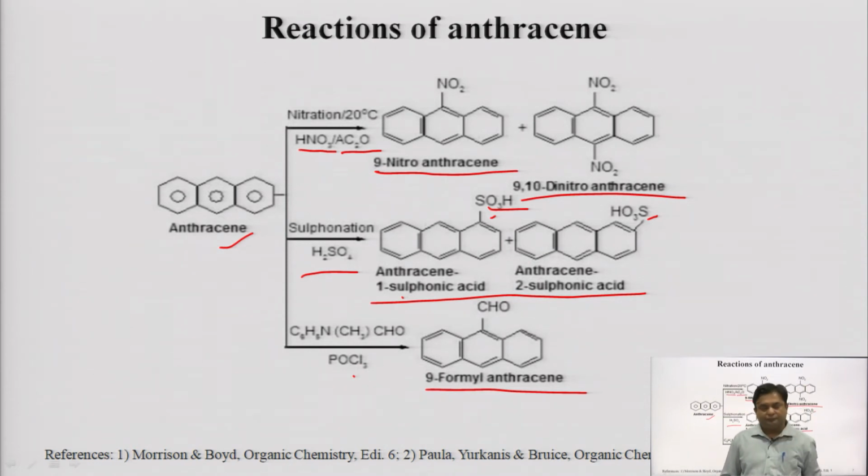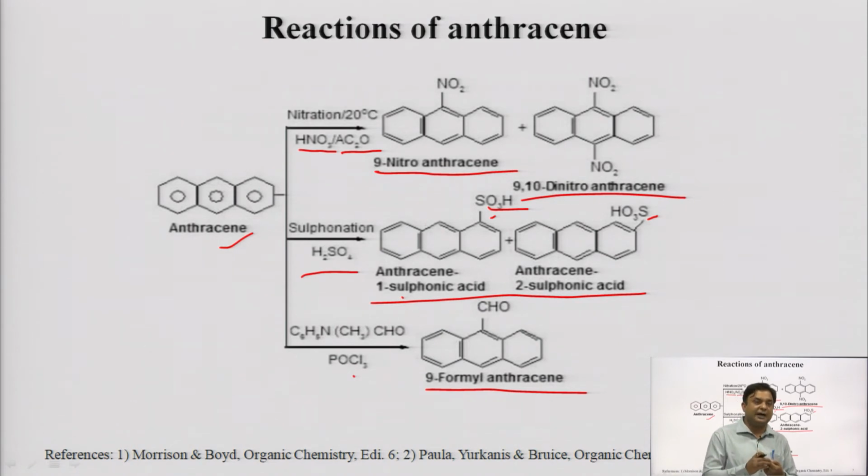Again I just want to remind you that electrophilic substitution reaction occurs mainly in three steps. In the first step, generation of the electrophile occurs. Suppose we are going for the nitration reaction, then what will be the electrophile? The nitro group, or nitronium ion, NO2, is the electrophile. In case of sulfonation it is SO3H, and in case of formylation it is CHO, the formyl group. So, in the first step we have to generate the electrophile.